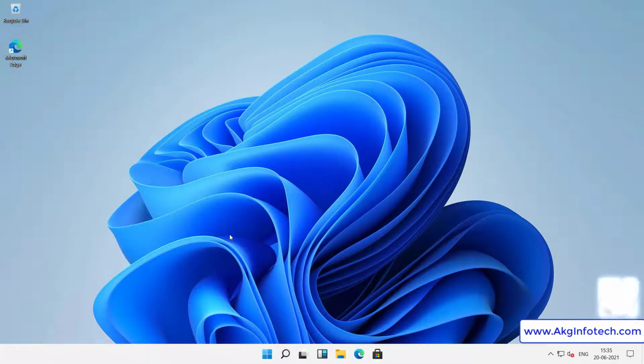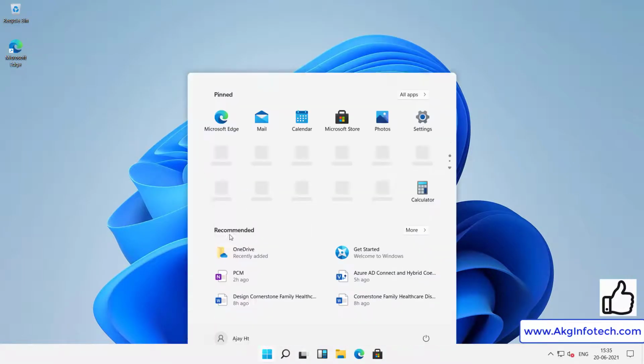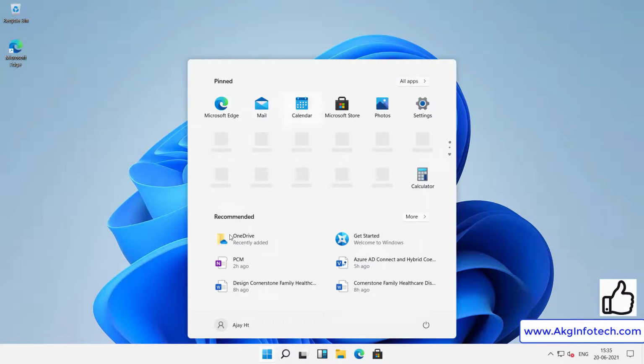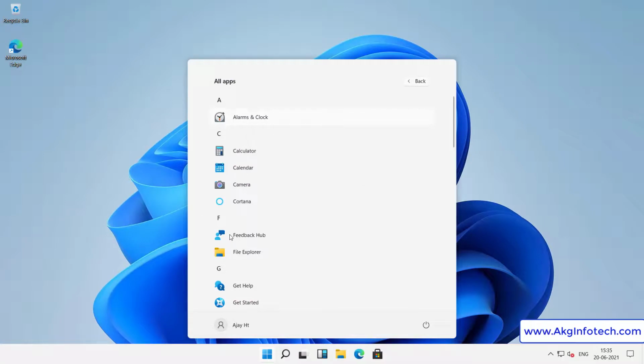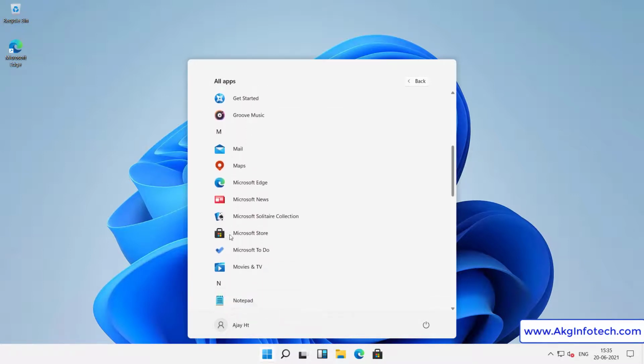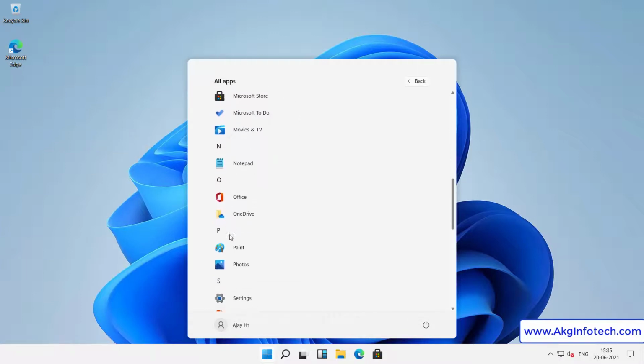So friends, now we are logged into our Windows 11 having a fresh new user interface. Start menu, which looks refreshing and stunning. The first look is similar to Mac where icons are in the middle. Don't worry friends, you do not have to adapt this. It can be moved to the left and I will show you how to do that in just a moment. Let me show you what all apps you get by default.